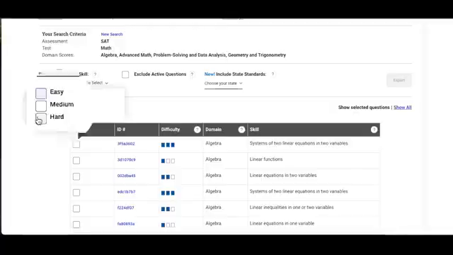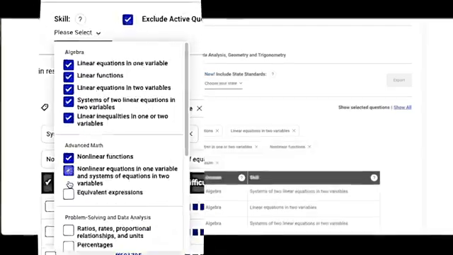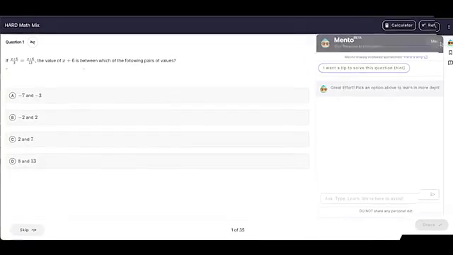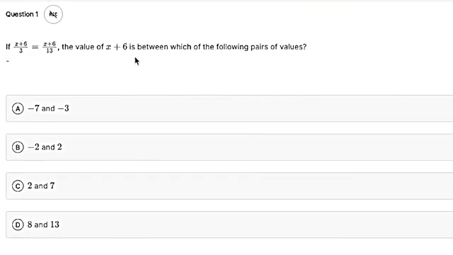I've compiled 35 hard SAT math questions to help boost your score. These questions do not show up on any of the Blue Book practice exams, so there's not going to be any spoilers, and I made sure to include every single type of math question that you'll come across on the SAT. Let's get started. All right, first one here, it's asking us about the value of x plus 6, and